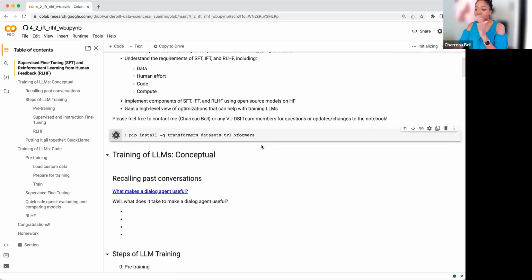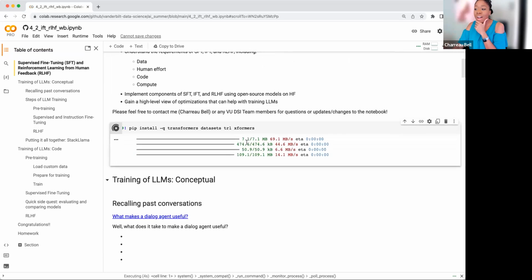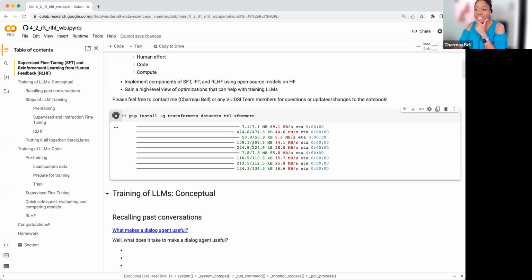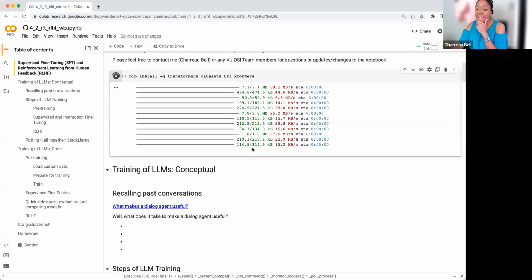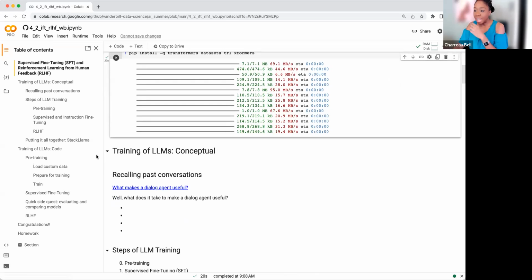Great. So now, I think at the very beginning of this course, if I remember correctly, we saw a particular blog post by Hugging Face, and Jesse introduced us to this. And the blog post was called "What Makes a Dialogue Agent Useful?" And actually, I'm going to go ahead and open up my chat real quick, because I hope you will chat with me a little bit more, or just feel free to unmute and we'll chat. And so let's go ahead and click on that so we can explore it.